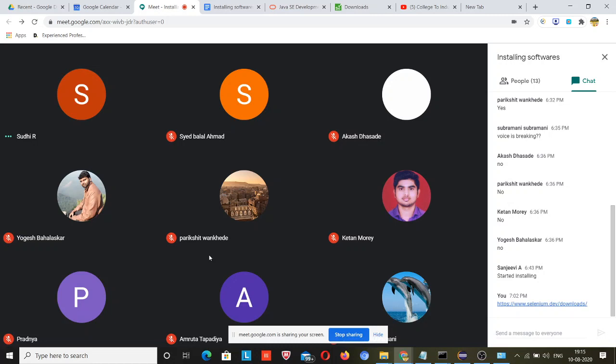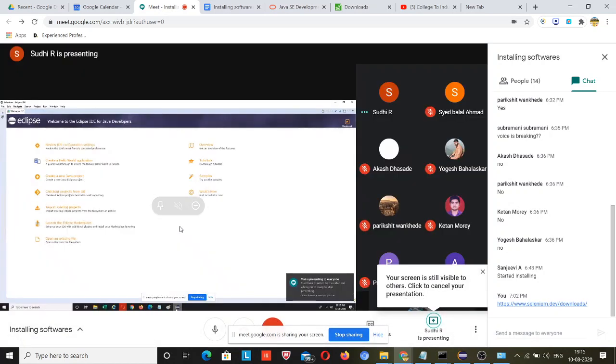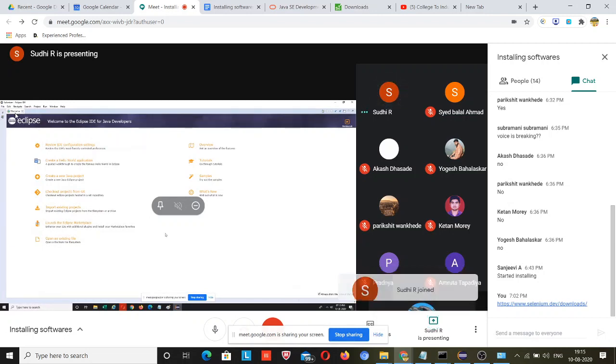Are you using a MacBook? No, Windows only. Are you able to see my screen? Yes, now. Now listen to me. There is a welcome message. Don't do anything, just listen. To the left of the welcome message, there is a maximize and minimize window option. Put the mouse cursor over there so I can see that.